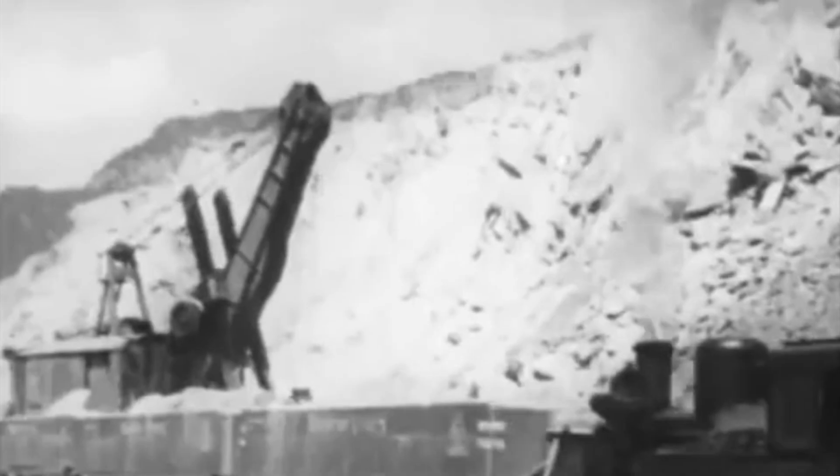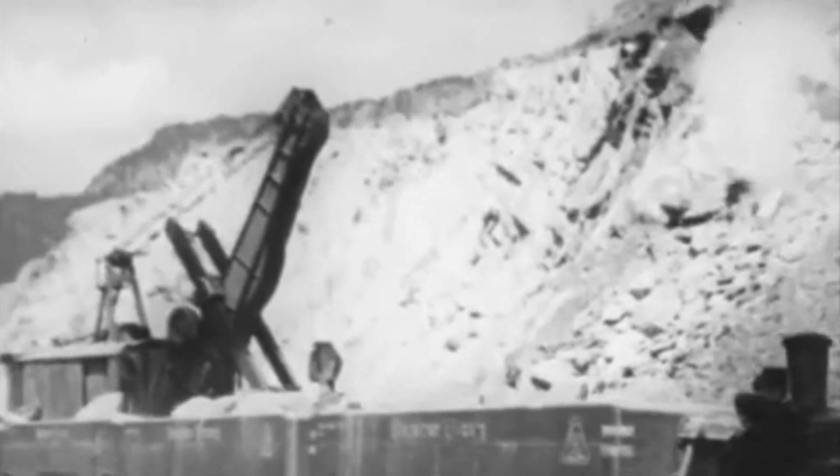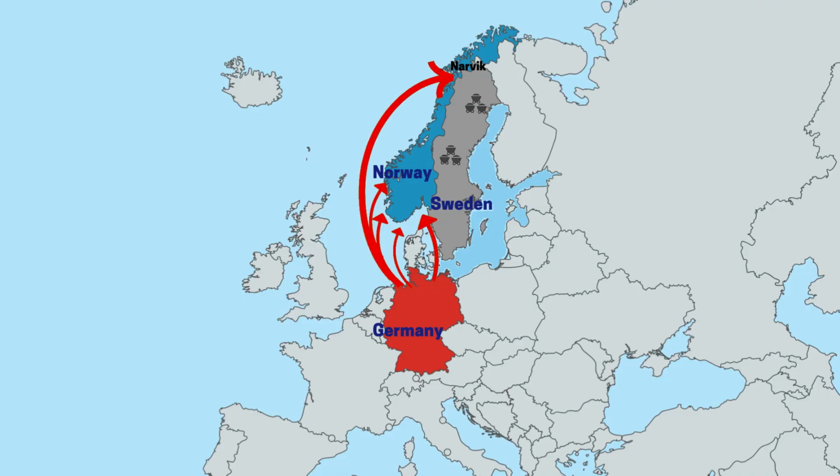The tensions began with Germany's reliance on Swedish iron ore, shipped through the Norwegian port of Narvik. To secure this vital supply line and preempt a British blockade, Germany launched a surprise operation in April 1940, an invasion of Norway. The Germans took Narvik on April 9, 1940, by sailing 10 destroyers into the fjord, catching the Norwegian